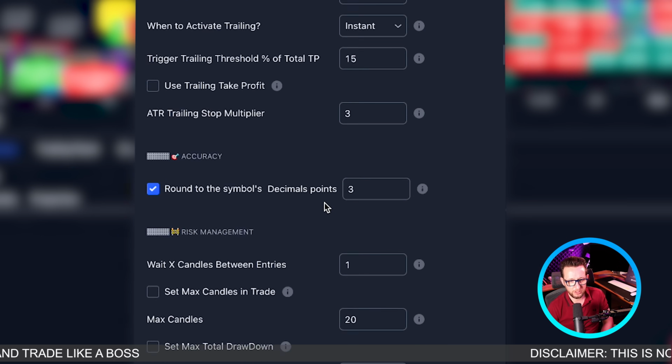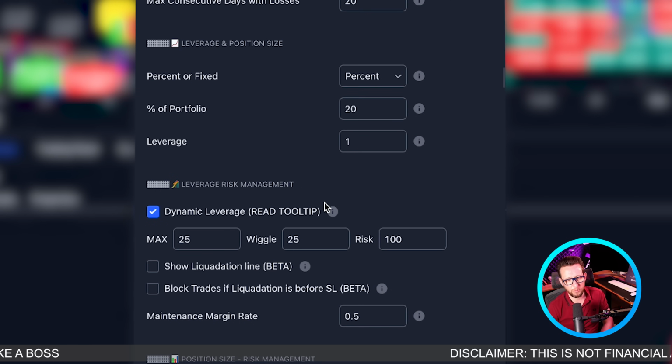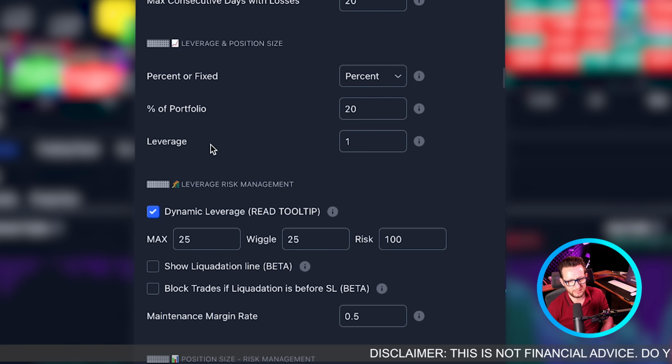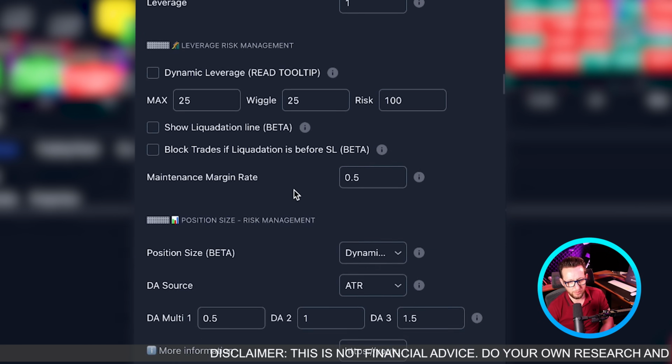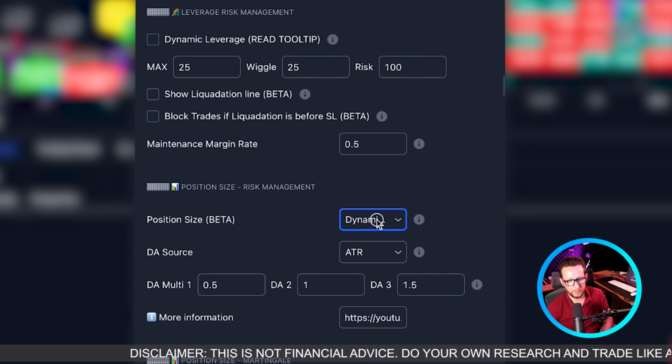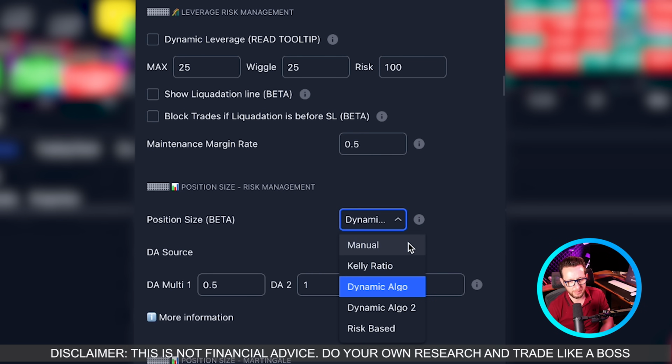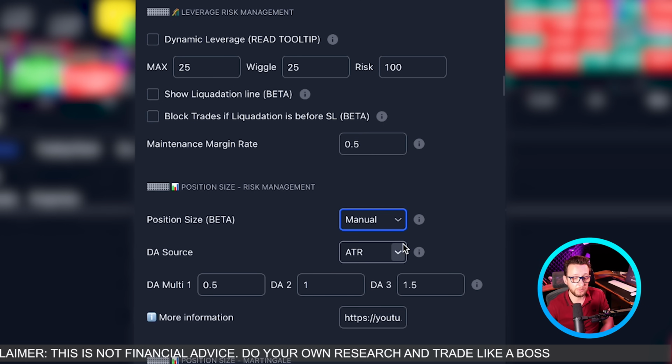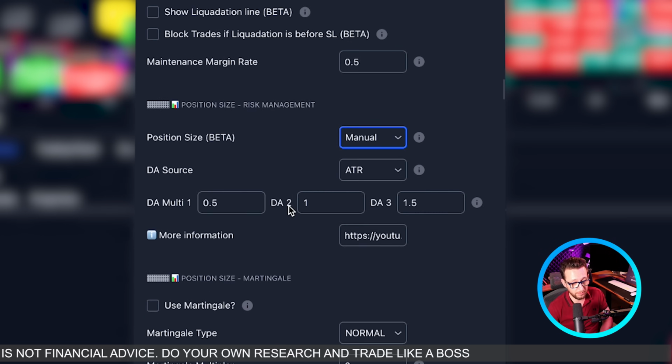The second thing I'm going to do is remove all of the whistles and bells that we don't need to get us started. First thing is the dynamic leverage. I'm going to remove that. And I'm also going to remove the dynamic position size. They're the kind of things that we can add a bit later, but we don't need them now to start